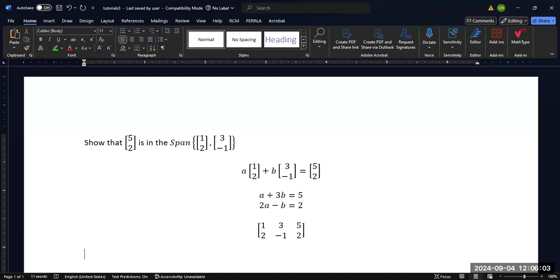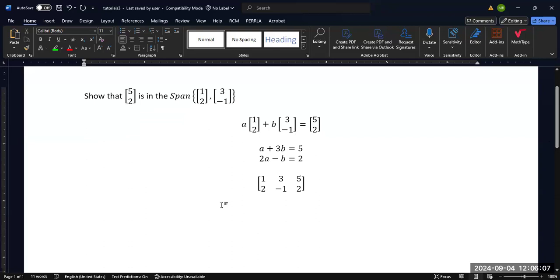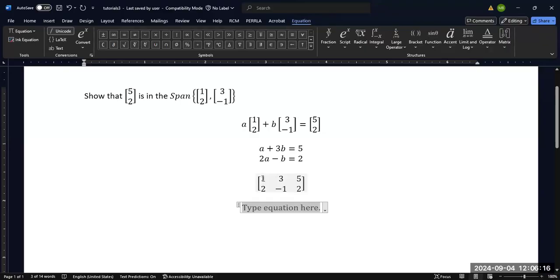But in either case, if we go ahead and do row reducing on this matrix, if we take -2 times row 1 and add it to row 2, and then put it back in row 2, for example, then we would end up with